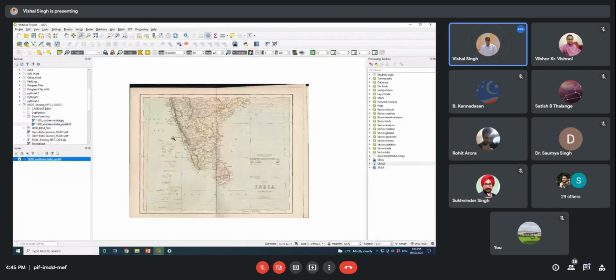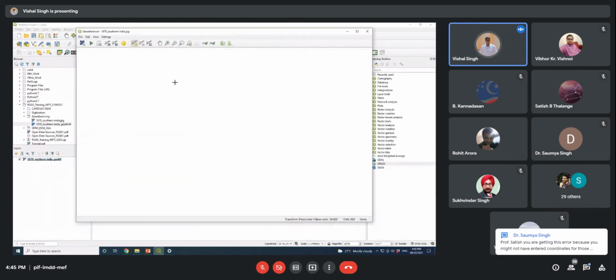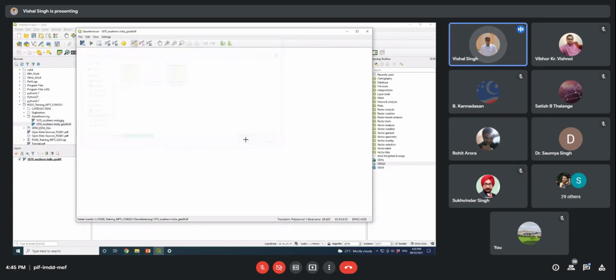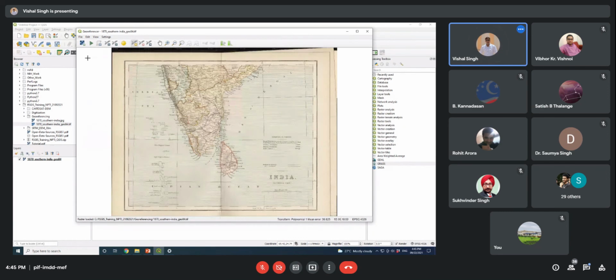Yes, I can show you here. Now you can see here, if you open this georeferencer, and suppose you open this raster map, this is a georeferenced map.